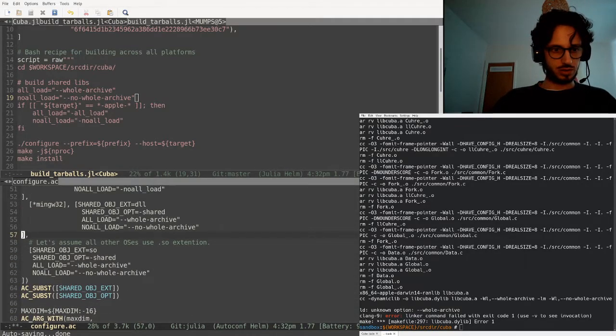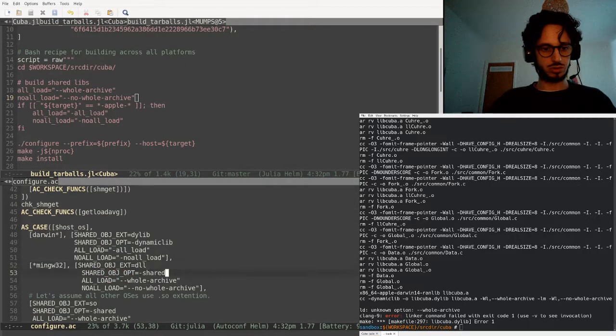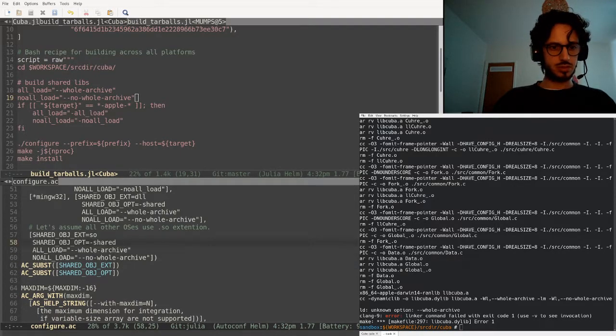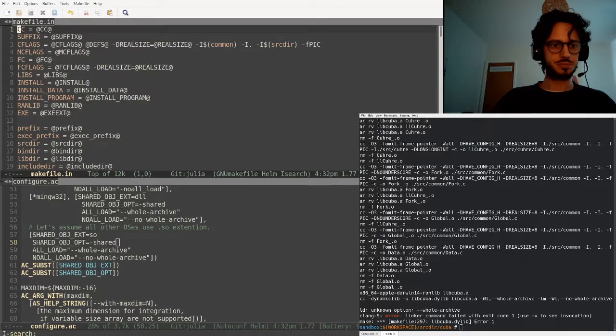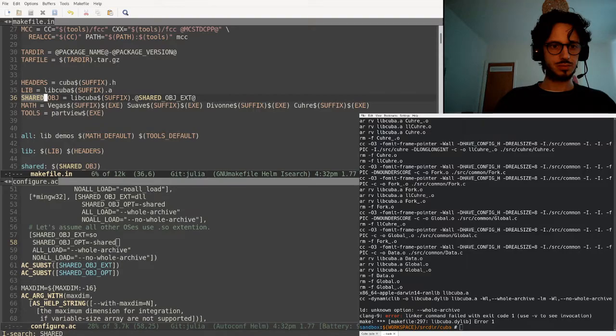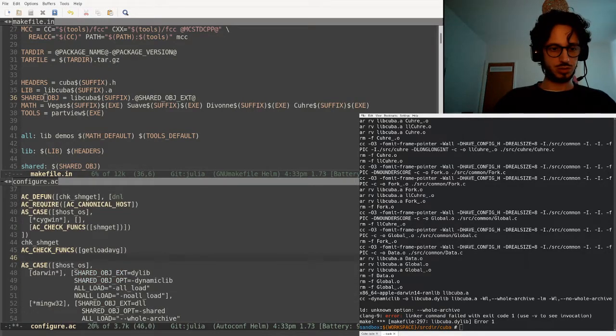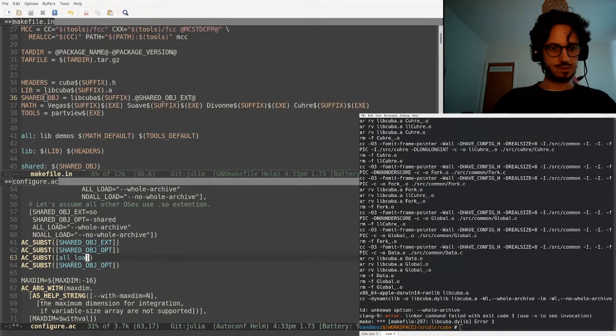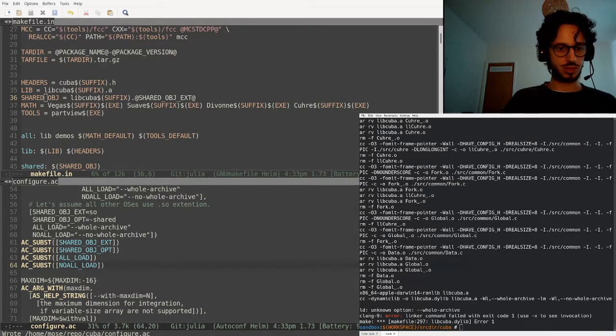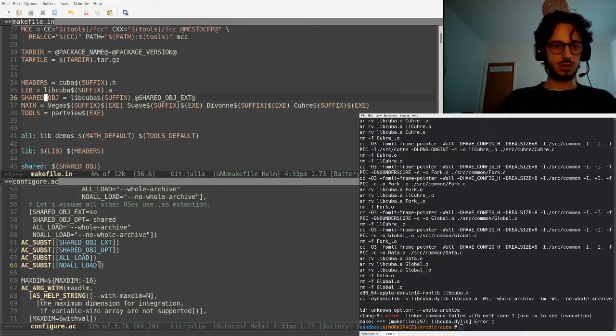Okay. So I think that I fixed these definitions in the configure script, but now I need to update also the makefile. Wait, I also need to do this. So these macros in the configure script will substitute the value of these variables into the makefile,